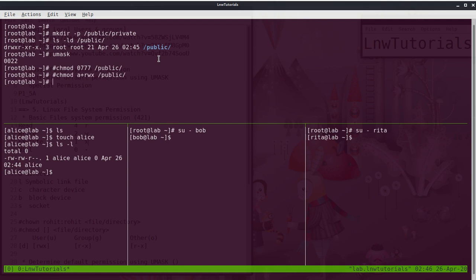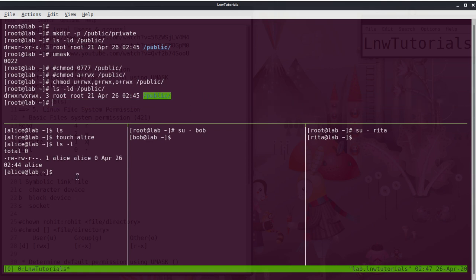Or another way: chmod with user rwx, group rwx and other rwx for the directory public, and hit enter. All three ways work the same. Look, all permissions are now rwx, rwx, rwx for public.